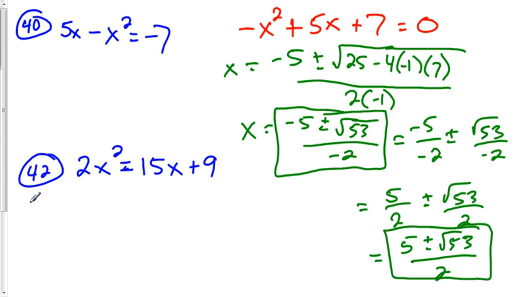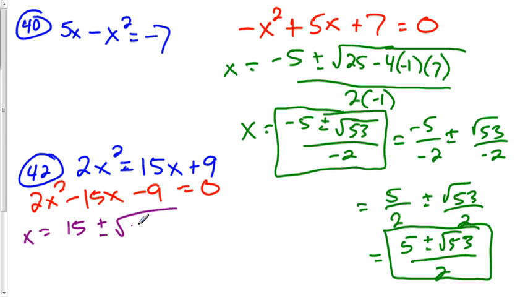This one, same thing, 42, I got to write in standard form, descending order. 2x squared, subtract 15x from each side, subtract 9 from each side, equals 0. Now let's put this into quadratic formula. x equals negative b, so that's going to be positive 15 plus or minus the square root of b squared. Negative times negative is going to be a positive. 15 times 15 is going to be 225. 4 times a times c,